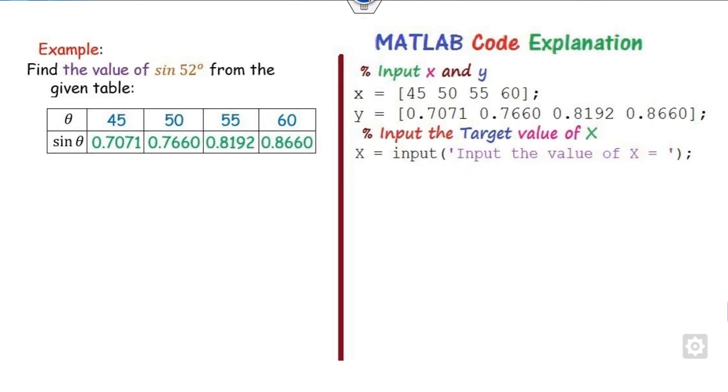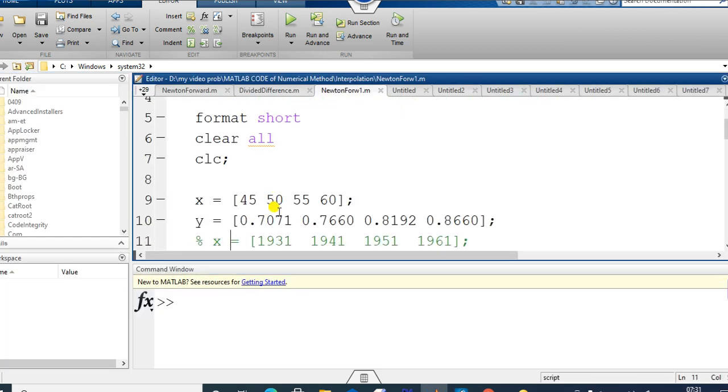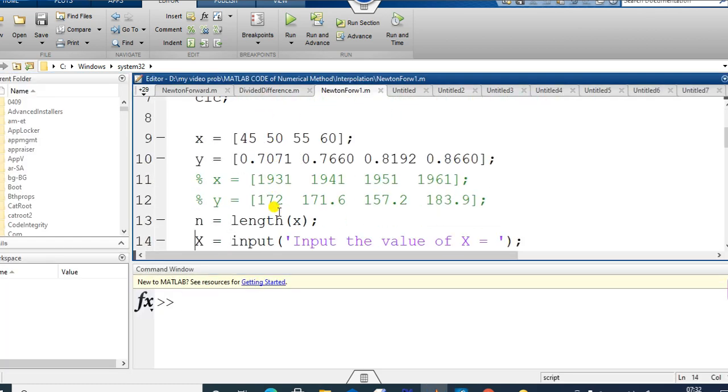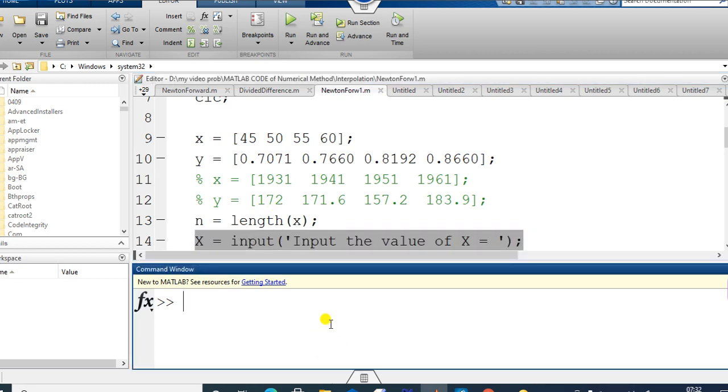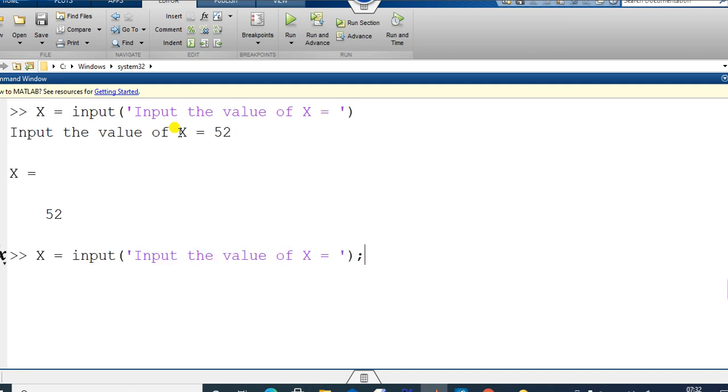So you can see what the meaning of that is. If I write here x like this, it means it will ask you to input the value of x. So if I say 52, you can put it here. That's the meaning of it. That's user defined, so you can change it every time. Once it is there, you can put 34 and so on.